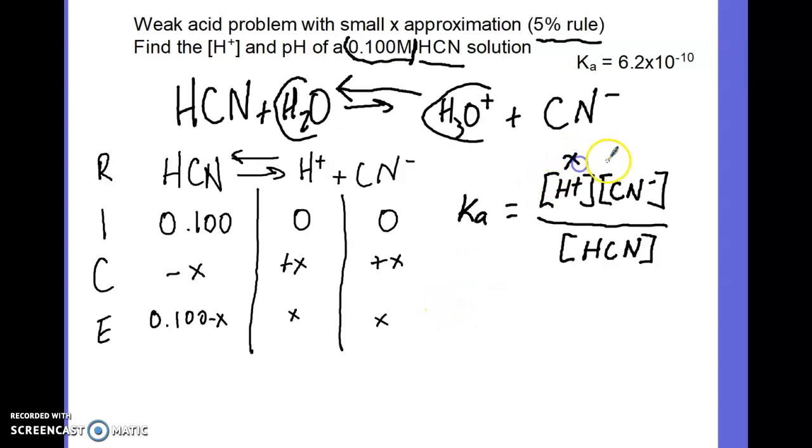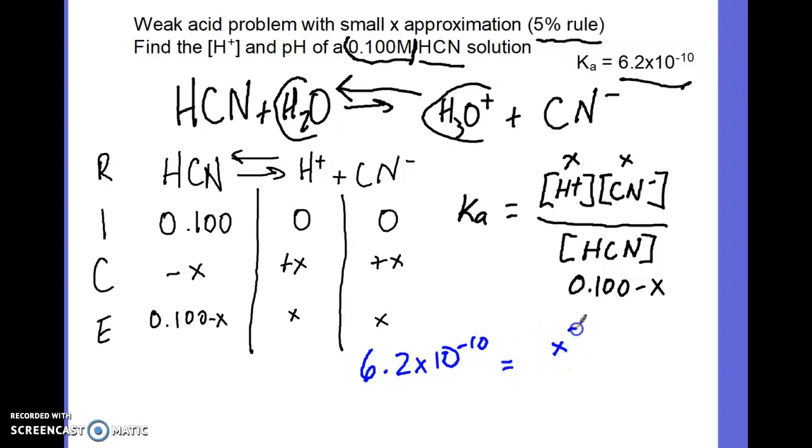This is going to be x. The CN- is going to be x. This is going to be 0.100 minus x, right? And so my Ka is this. What I have is this equation: 6.2 times 10 to the negative 10th is equal to x squared, I'm going to multiply those, divided by 0.1 molar